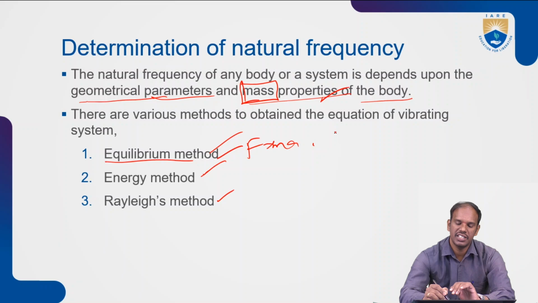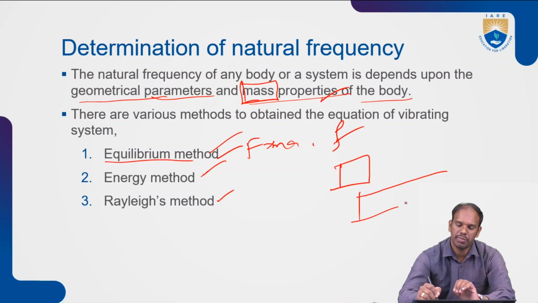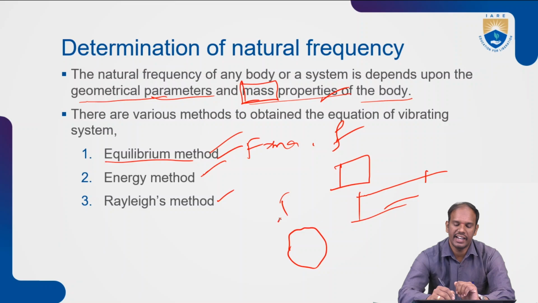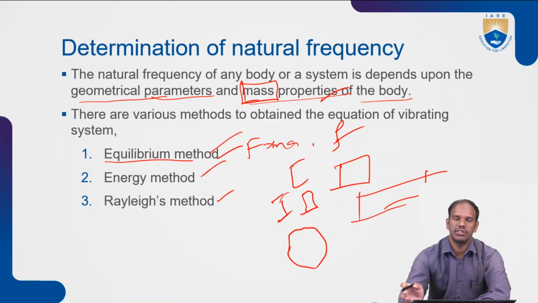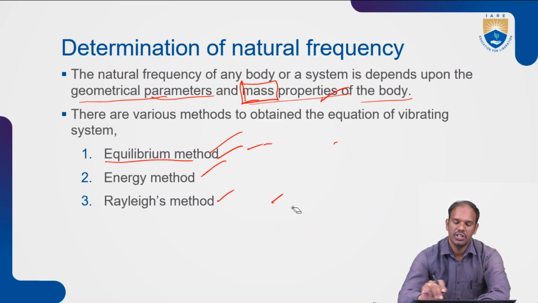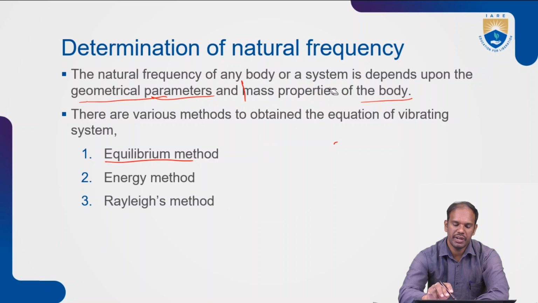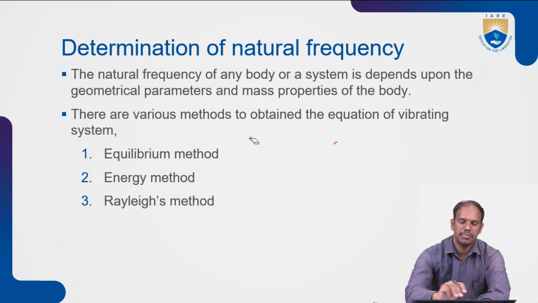In these mass properties, density will affect all these things, and the geometric parameters, which may be larger particles or very small particles, and may have different shapes: rectangular, I section, open section, closed sections, which we have already discussed in space structures 1 and 2, where it has the shear center and everything. So once we have the geometric parameters as well as the mass parameters,